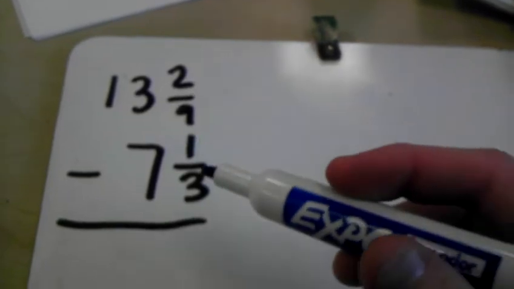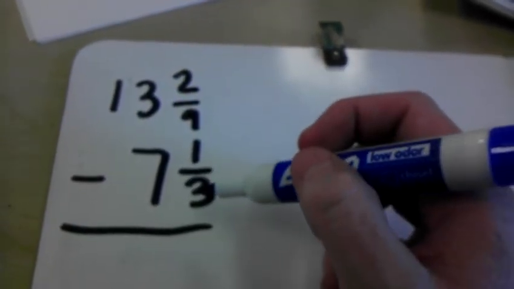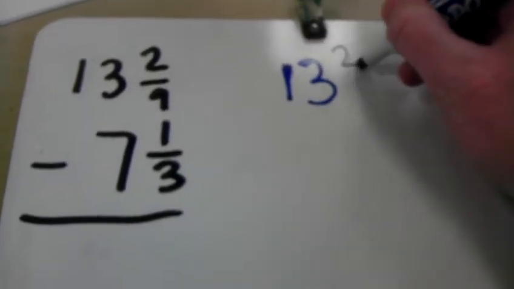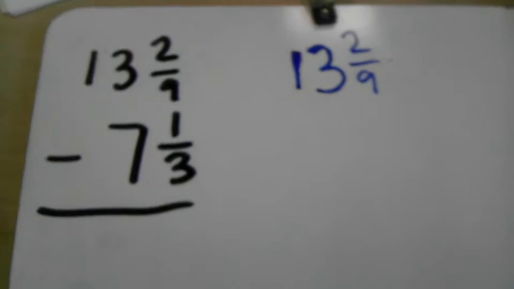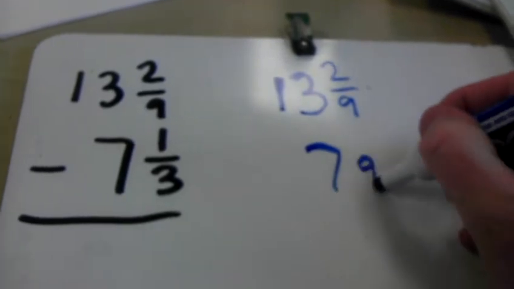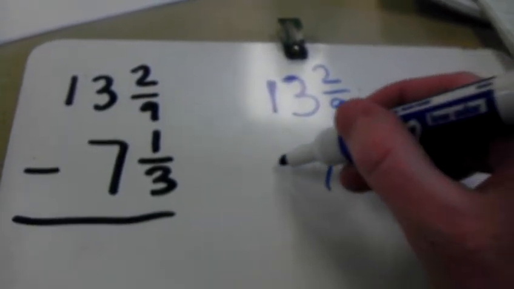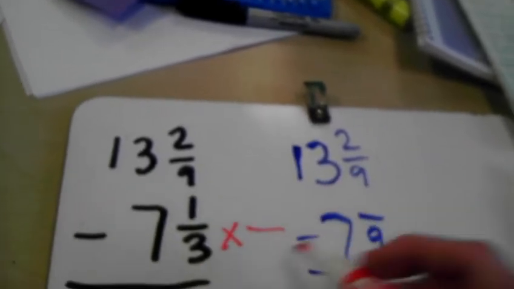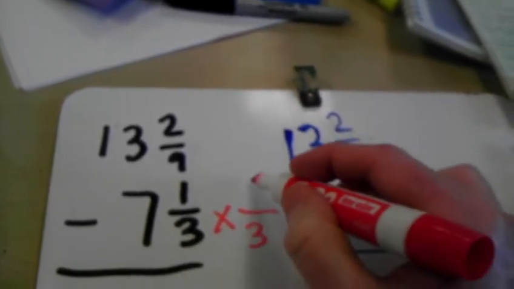Thank you. Okay, so on this problem here, you would find out that 9 is your least common denominator. Since 3 goes into 9, that would be my LCD. So I need to rewrite these two numbers using 9 as my denominator. Again, like the last problem, 9's already your denominator, so you don't have to redo that one at all. But if I take this one, I have to write it as 9 and something out of 9. Okay, so I figure out that from 3 to 9, I really multiplied by 3, and 1